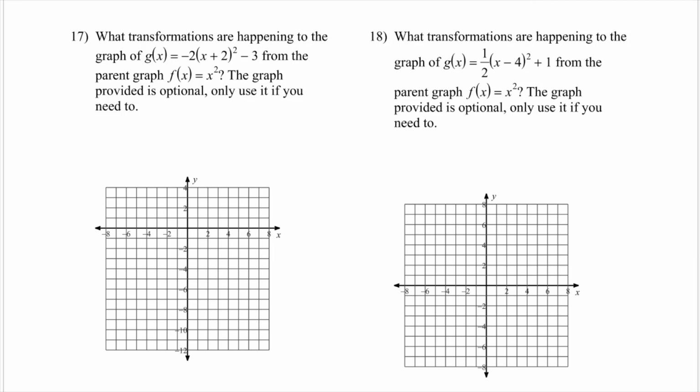But we're essentially comparing to that normal parent graph that we go up 1, out 1, up 4, out 2 from 0, 0. So we're saying, how do I get this from, that's a really terrible looking parabola, pretend that looks better. How do I get that from if I have this equation instead? So the negative at the front, this negative means that this opens down. We call this a reflection